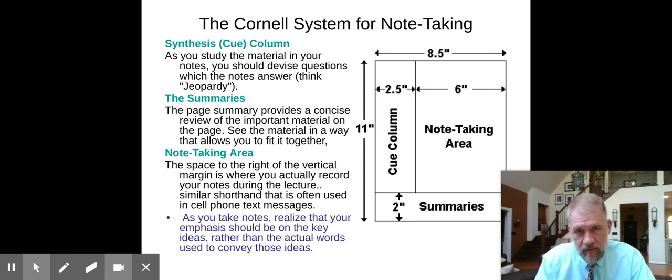So go ahead over there on the left side, the Q column, and think a little bit about what we've been talking about. We've talked about your dreams. We've talked about taking a notebook with you wherever you go. What do you think about that? Write that down. Write down your thoughts.